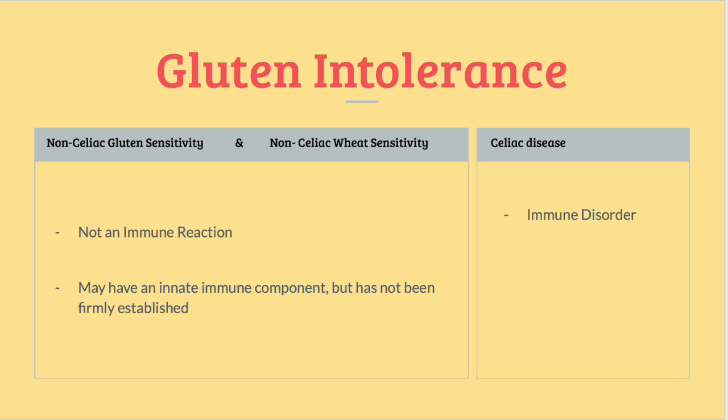Gluten intolerance in humans is something that affects many individuals. It is important to know the various ranges in severity gluten intolerance has. Gluten intolerance in humans can range from non-celiac gluten sensitivity and non-celiac wheat sensitivity, to more extreme cases like the immune disorder celiac disease. Non-celiac gluten sensitivity, non-celiac wheat sensitivity, and celiac disease are common in that symptoms are often resolved once gluten is completely removed from that individual's diet.